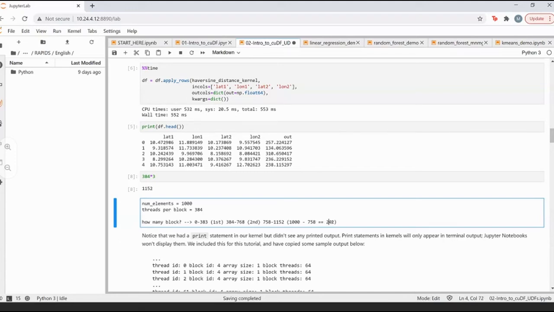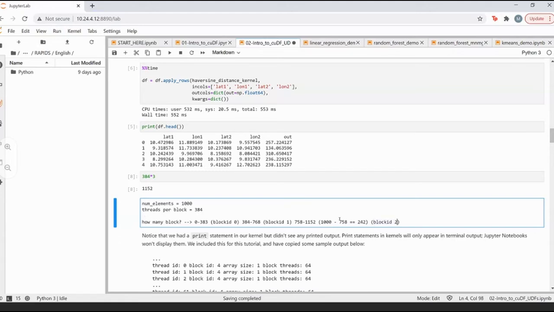That means I should have, in my block ID 3, sorry, actually this should be 2 here, because we have to consider it from the 0th index. So let's say block ID 0, block ID 1, and block ID 2. The last thread, which is the 1000th element, is going to have a thread ID of 231 and a block ID of 2 over here.